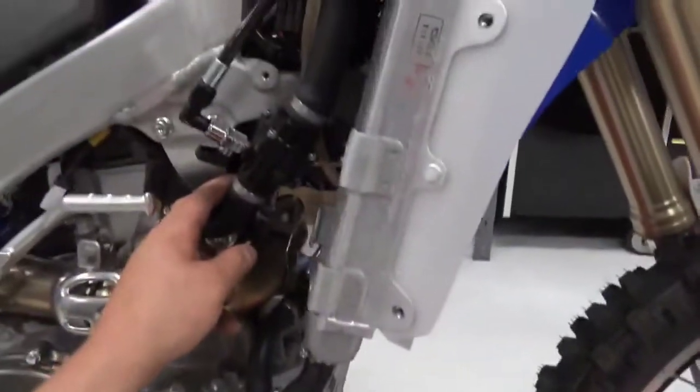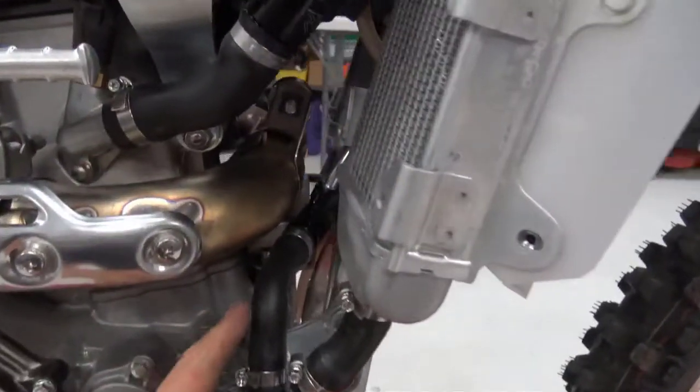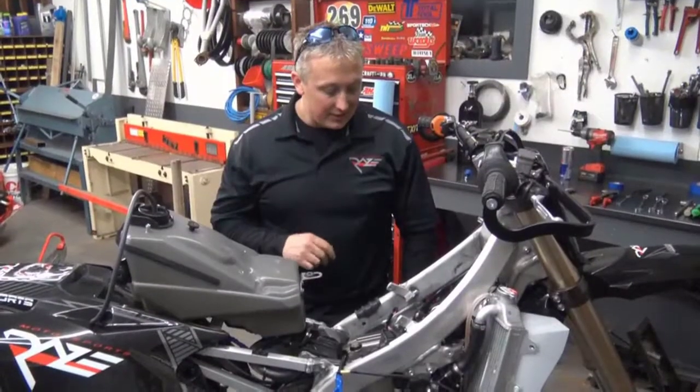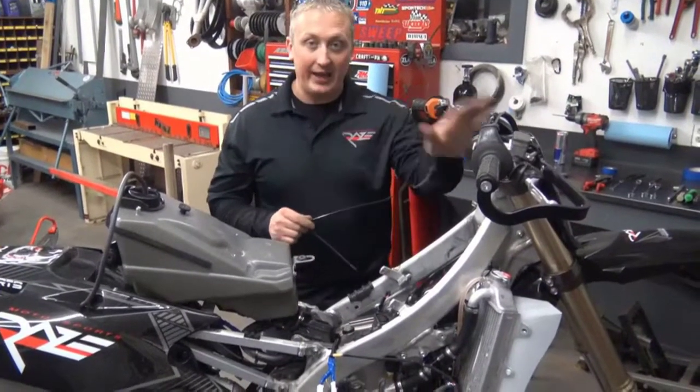Make sure it's not touching or rubbing on anything. It's clear. There's enough air gaps behind everything. Return coupler, same thing. Make sure nothing's rubbing. It's open. Alright, so now that your thermostat and return coupler are installed, if you've got the handlebars, then you would have followed the handlebar instructions